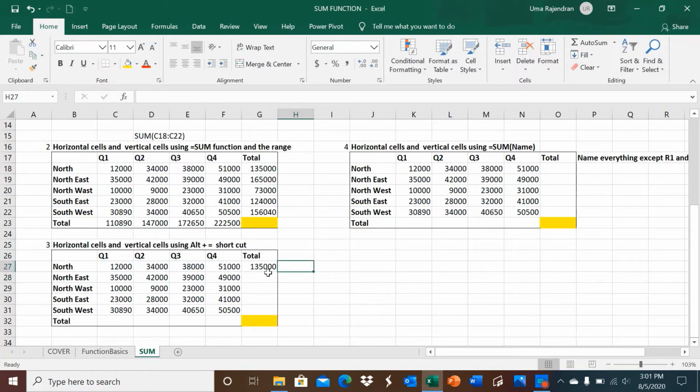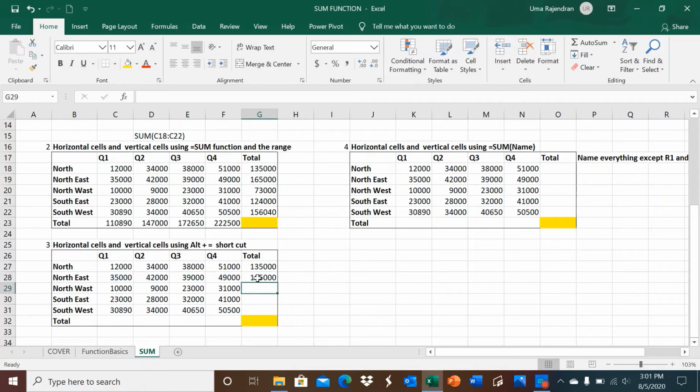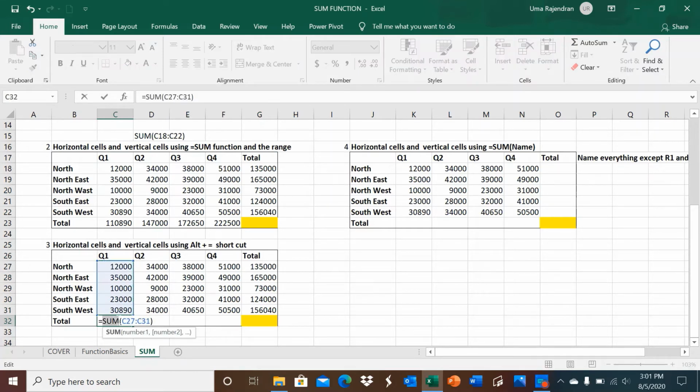Again, one more time, you can either use the AutoFILL handle, or you can again click Alt and equal, that's the shortcut for sum, and just enter it. And you can either drag it down or you can use your keyboard shortcut. Again here, Alt and equal, and it